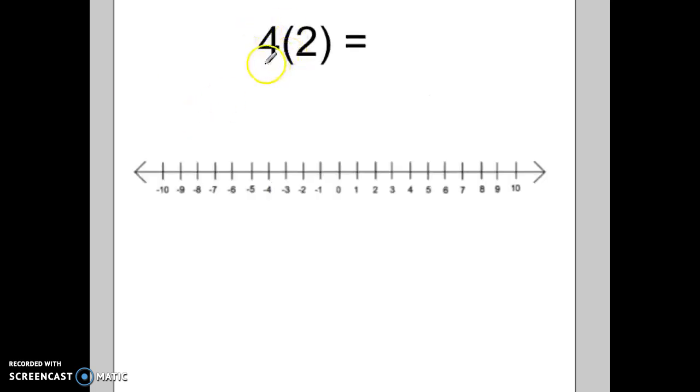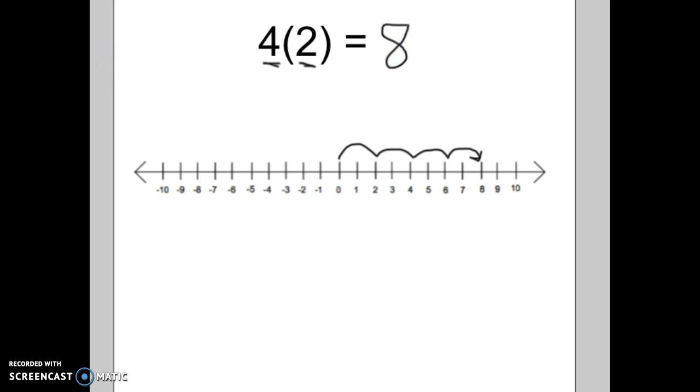So when we look at this problem, we're going to be adding 4 groups because it's a positive 4, and they're all going to have 2 in them, 2 positives. So we're adding positives. If we add positives, let's go in the positive direction. And we're going to take 1, 2, 3, 4 jumps